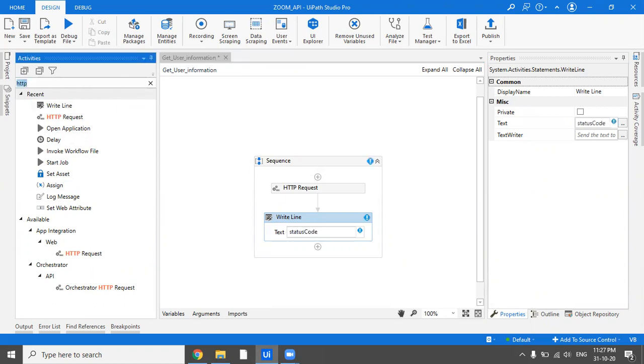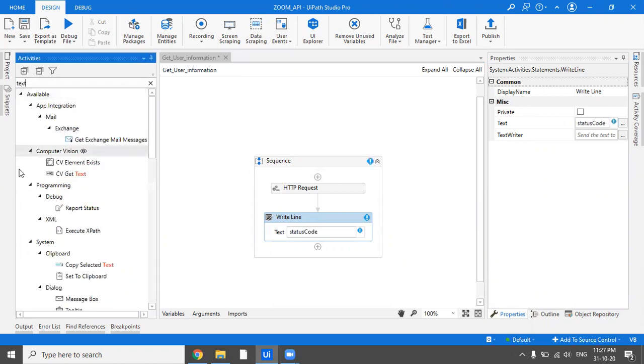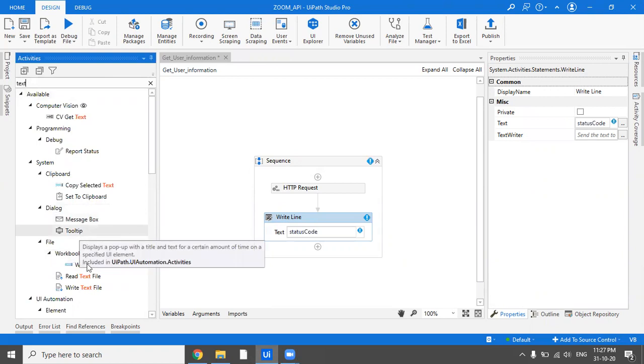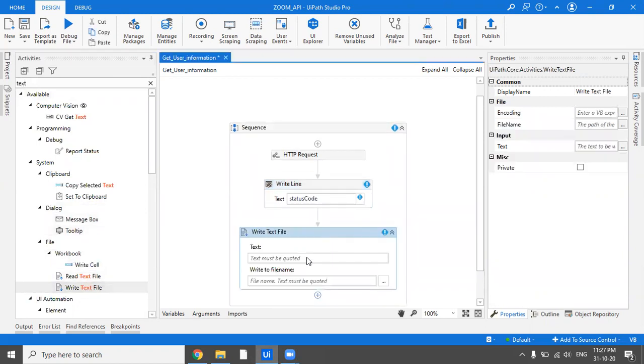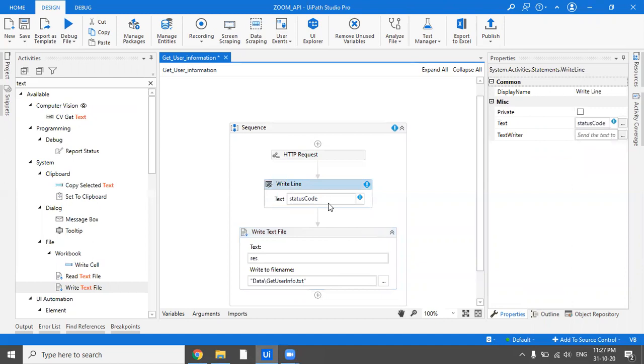Let us write the response in a text file instead, so that it's way clearer to us what all data we have actually got from that API. So text to be written is result, and let us write it in a get user info dot txt. And because the status code is a numerical value, let's just convert it into string.